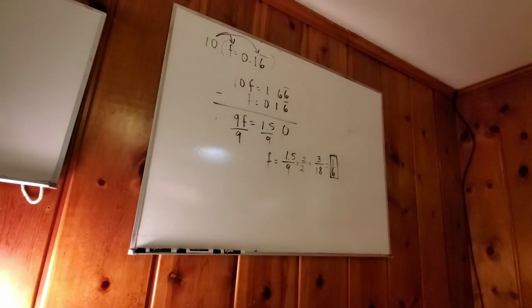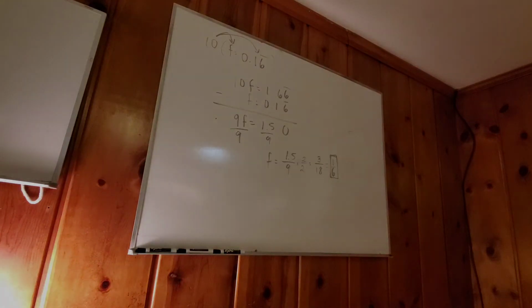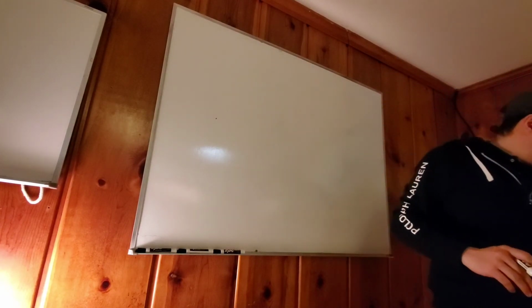Yeah, real quick before I erase the board, I realized that you could barely see the answer. The answer is 1 over 6, because 3 over 18, if you cancel the 3 out, is going to be 1 over 6. So that's it. Okay. The next example then says that